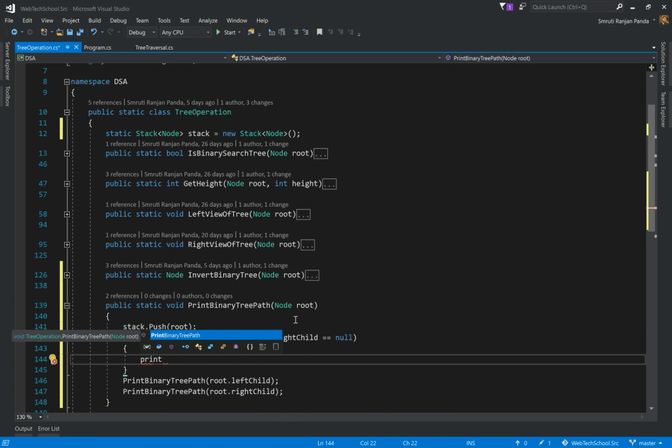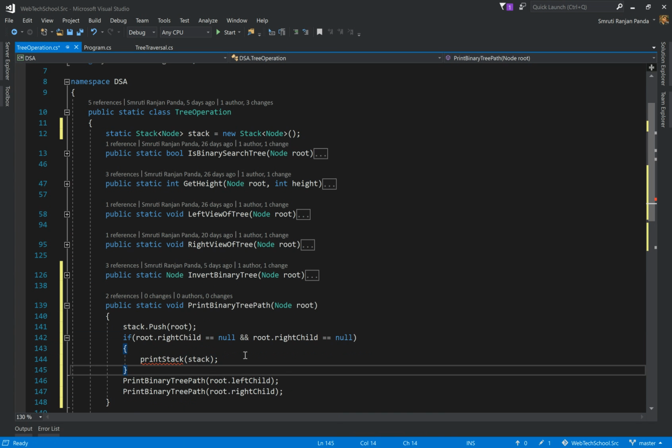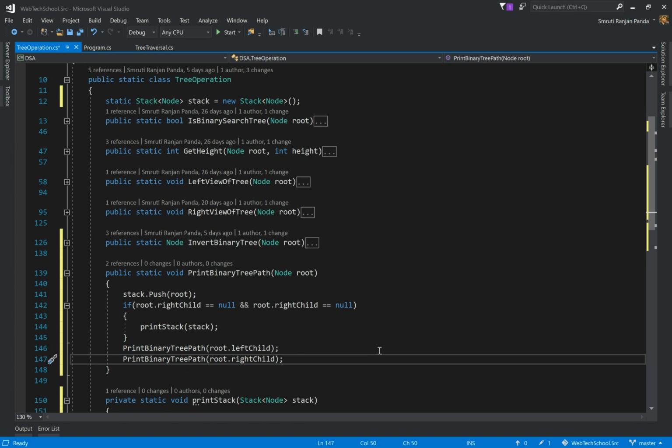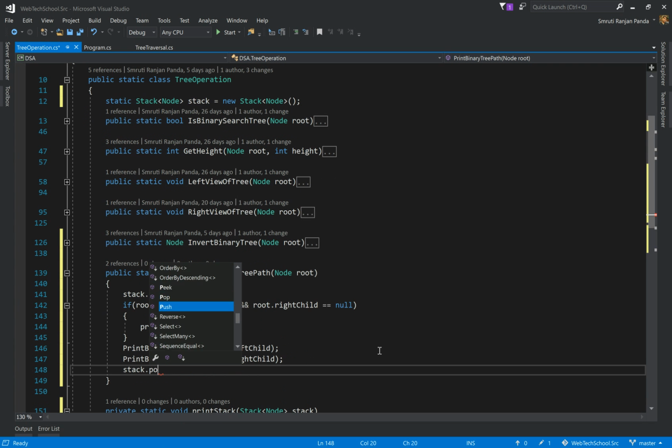So let's create this method called print stack, and we will pass our stack to it. Okay, so we have created this method. Now once this operation is finished, for any node, we want to pop that node out from the stack. So we'll do stack dot pop.